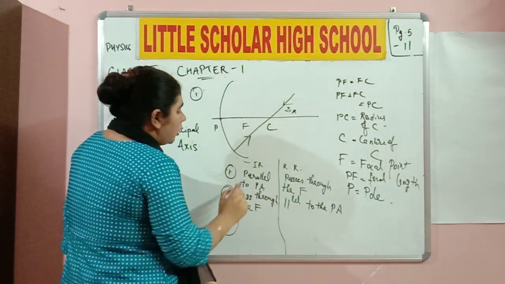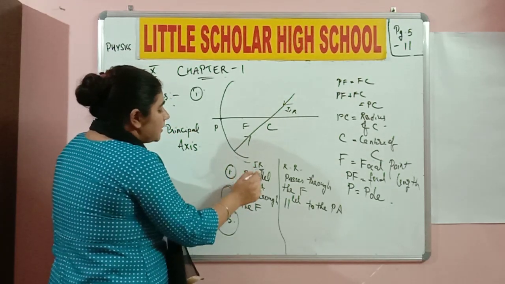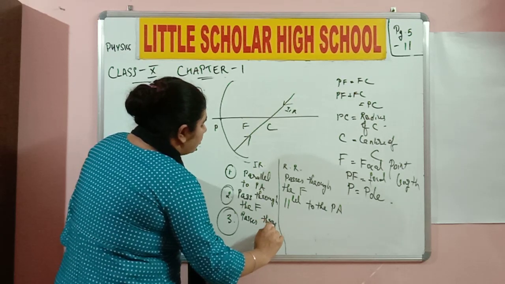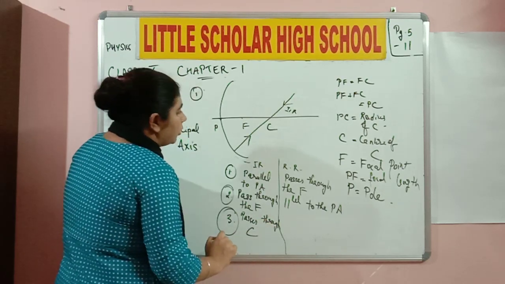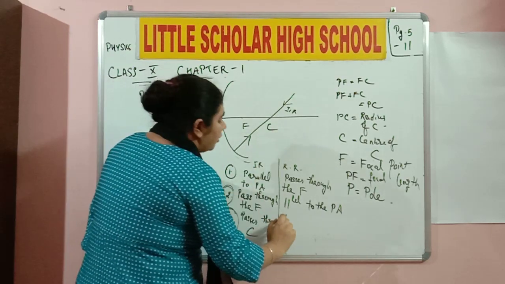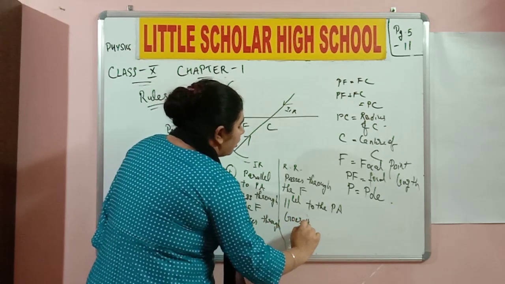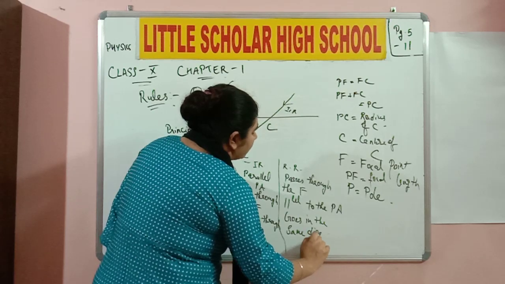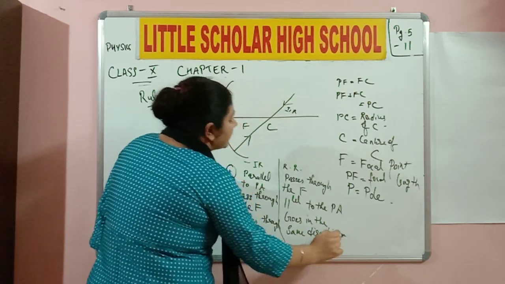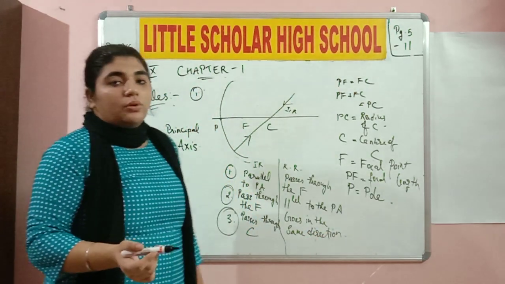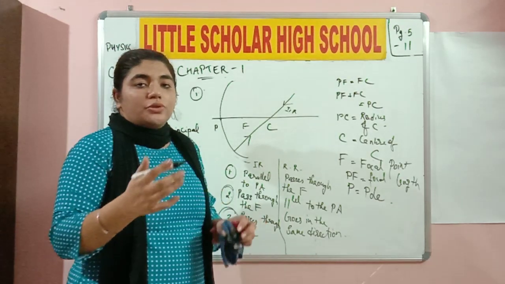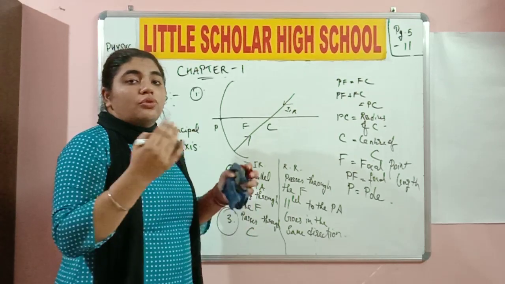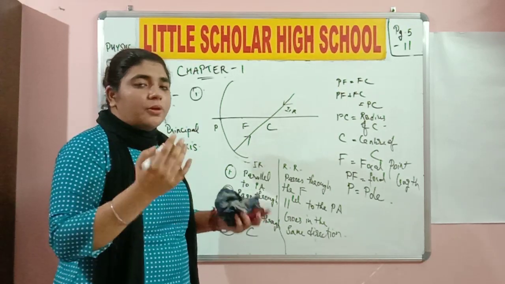Okay with everyone? So let me complete this. The incident ray passes through the center of curvature and the reflected ray goes in the same direction. Now we need to understand the lab activity that we did. Okay, we placed the object at different positions and we got the image at different places. So we need to draw them in the form of ray diagrams, which are pretty simple.